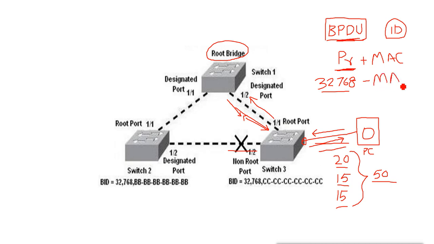It will check the MAC address of all the switches. Every switch sends its MAC address to each other. The MAC address must be lower than the other switches' to be elected as the root bridge. For example, here the bridge priority is the same, 32768, on every switch, but the MAC address will decide. One has BBBB, one has CCCC, and this one has AAAA.